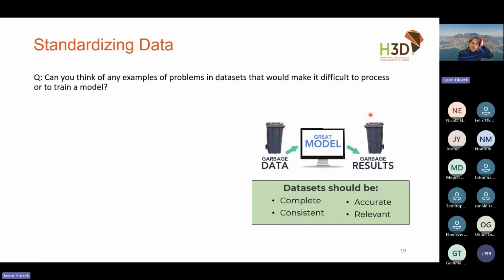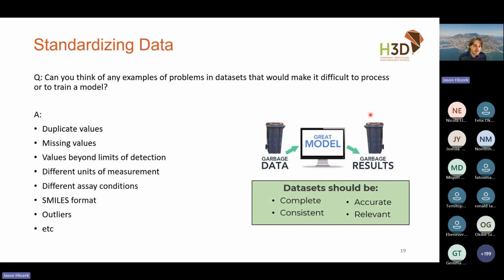So now I'd like you to, again, just think about your own experience and your own data. Think about the readouts and the data sets that you get from your different experiments and try and identify some issues that you might need to go and look for if you were thinking about using that data set to train a model. And this will be really important. This will be part of your activity a bit later. So I'd really encourage you to think about this, right?